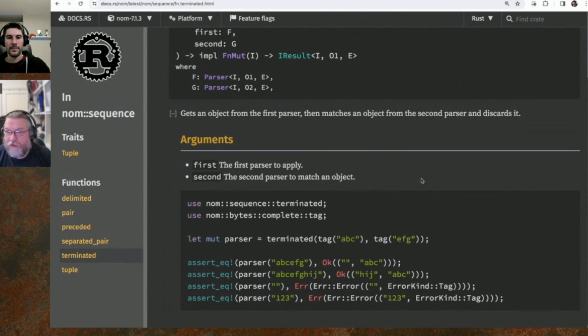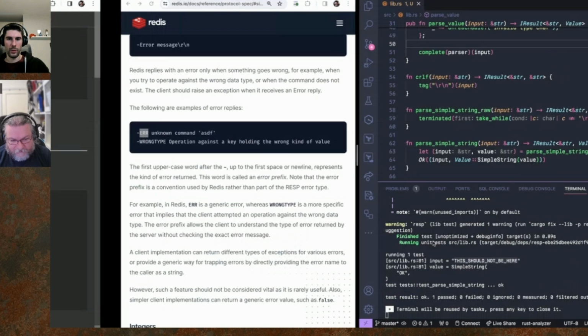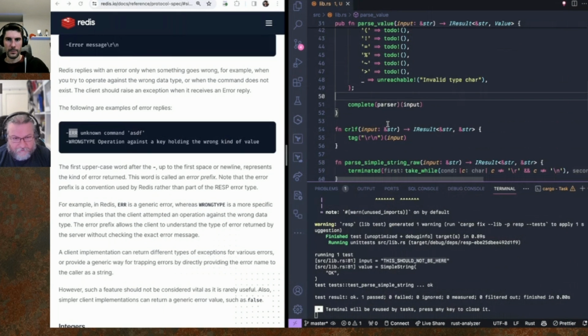So now let's try a terminated example. So for instance, here it's saying that tag ABC, then tag EFG, means that it's going to try to match ABC, and then after ABC there needs to be EFG. It consumes it, and so it gives you back the remainder that is HIJ. Okay, so here what you're saying is